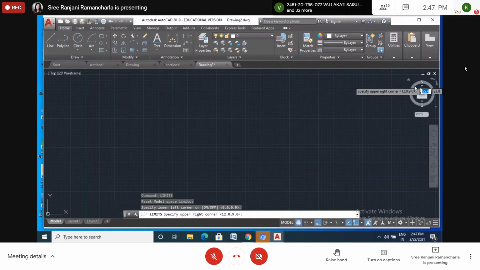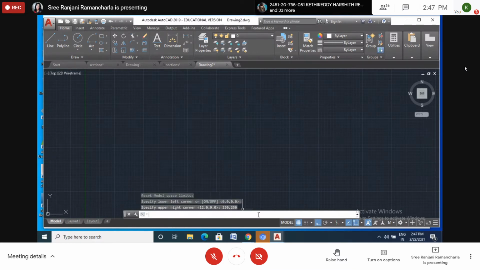And the top right corner is 12 comma 9, but we want something like 100 mm, 300 mm. So what we have to do is here we will set 250. I want to set 250 comma 250. Okay, so to set the paper, it has not changed here, see. So we have to set this on the screen.